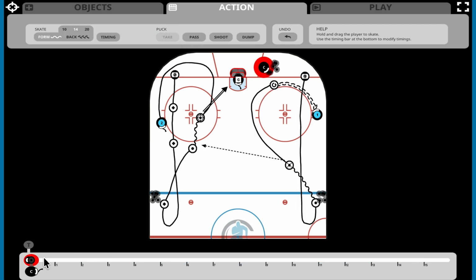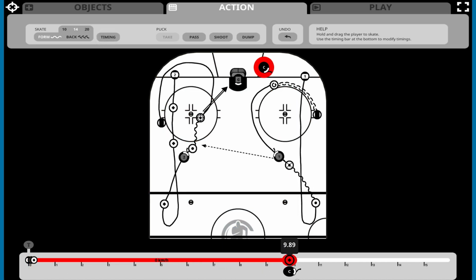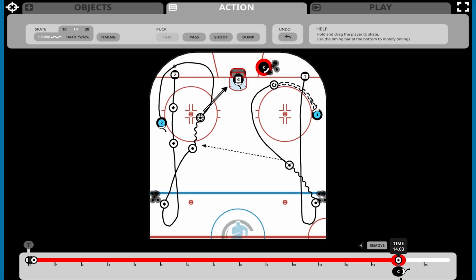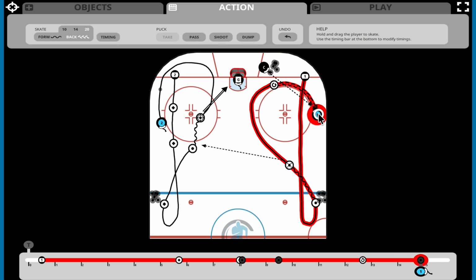Notice that this is the coach's first action, so his timeline begins here. We'll have the coach wait before making the pass, so add 2 timing points and drag the second one to create a stationary period. Again, the 0 kilometers per hour section shows that the coach is waiting. Use the gray timing marker to see exactly where player 1 will be, then make the pass slightly ahead of the player's path so the puck and player arrive together.